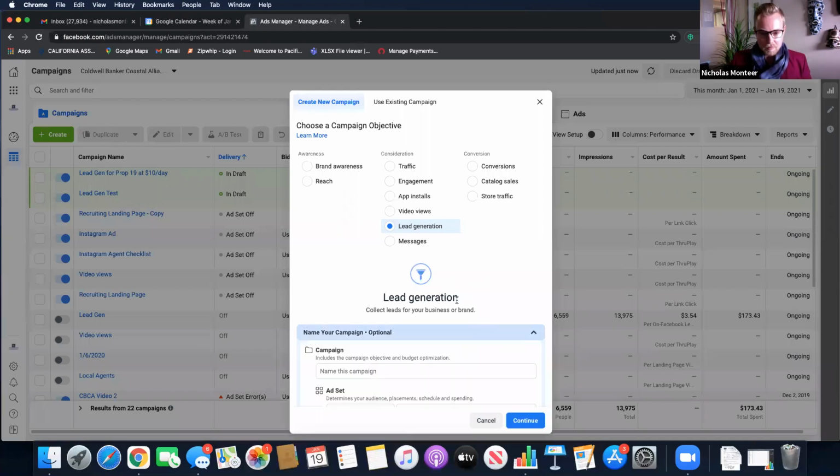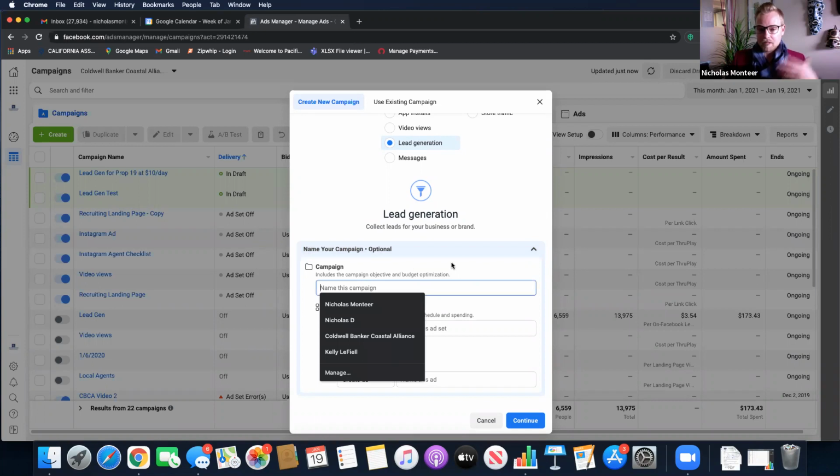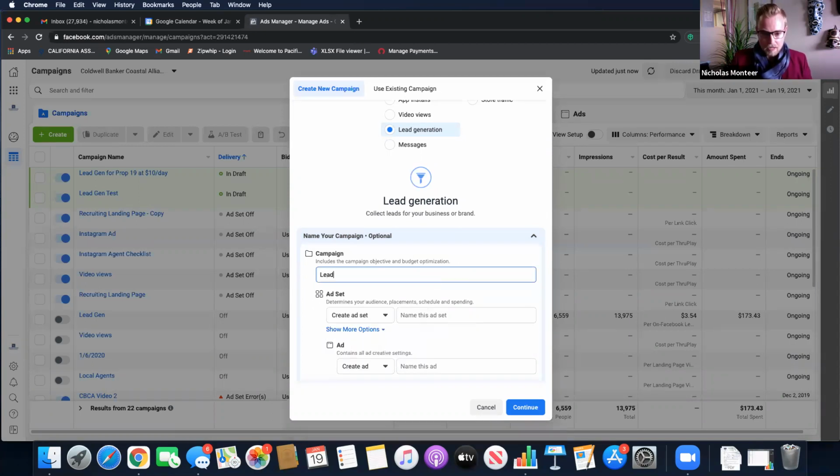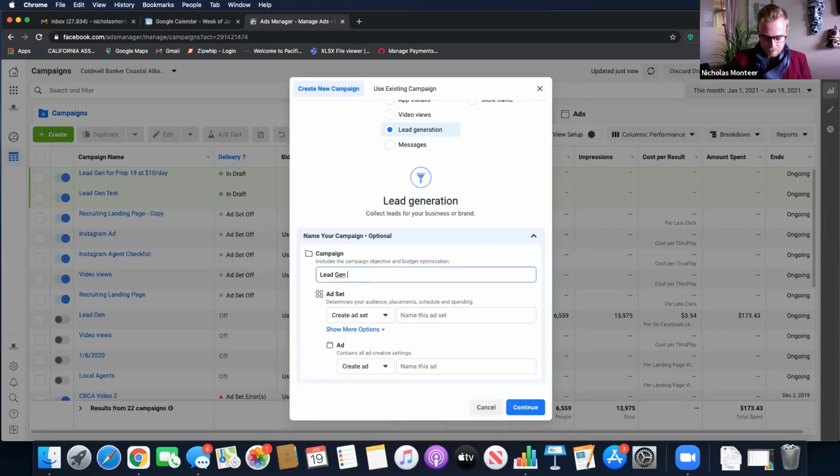The next thing we're going to do is we're going to name our campaign. I like to name my campaign something similar to what I'm advertising. So again, if it was forbearance, I might call all three categories here something about forbearance. If it was Prop 19, I might call something about Prop 19. So just for this example today, we're going to go to lead gen for the top one because that's the purpose of this campaign. Actually, I'm going to call it lead gen testing 2, just so I can differentiate it.